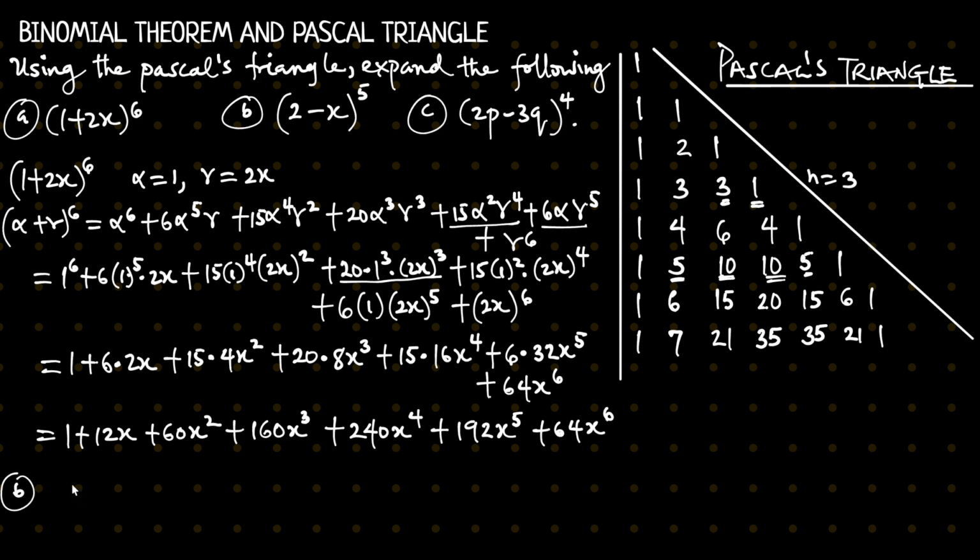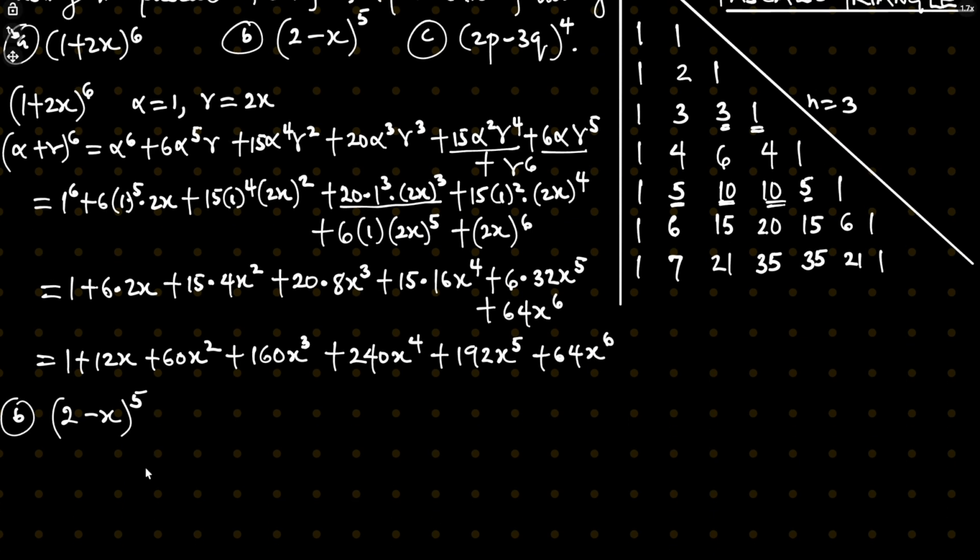For the second one, 2 minus x to the power of 5, the process remains the same, but you have to be careful because now we have a negative coefficient of x. So what we have to do now is to rewrite the expression. We're going to rewrite 2 minus x